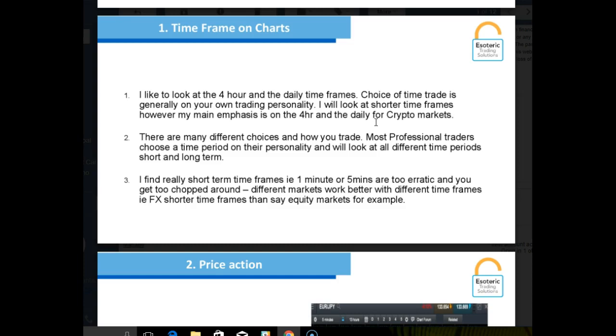But when I'm looking at the crypto market or even the currency market, I will look at a 4-hourly, I'll also look at the daily, and then I might drill down to the shorter time periods, being a 2-hour, 1 hour, and potentially even a 30-minute, but that's pretty much it. When I make a decision whether I go short or long, I tend to look at the 4-hourly. That's pretty much what I look at as a time frame, particularly for crypto markets.